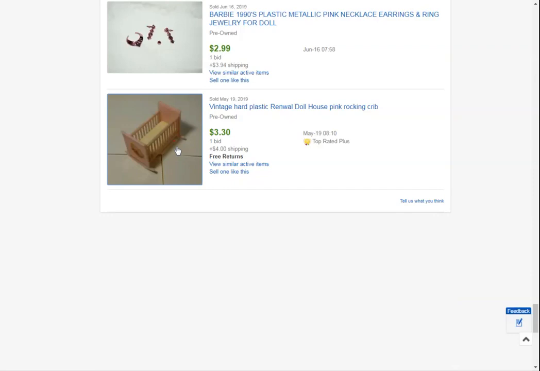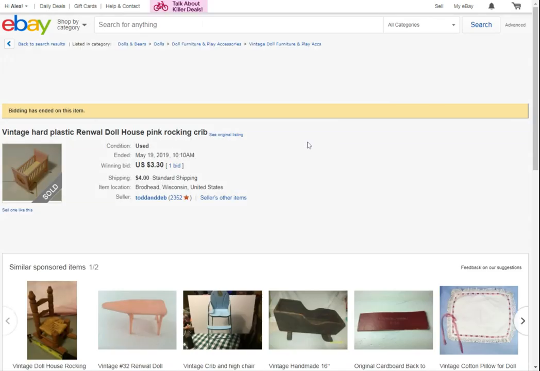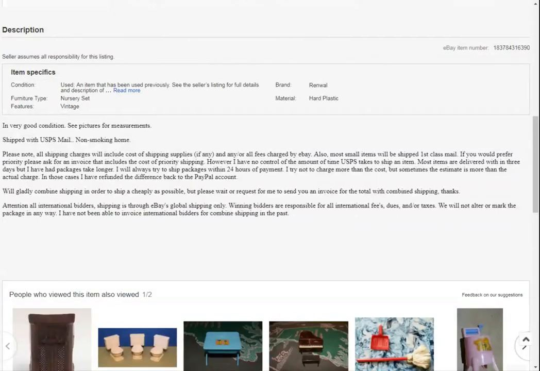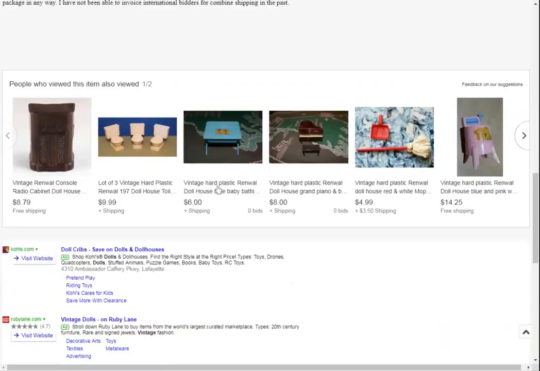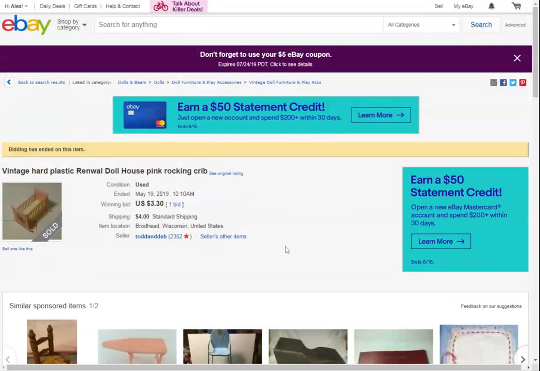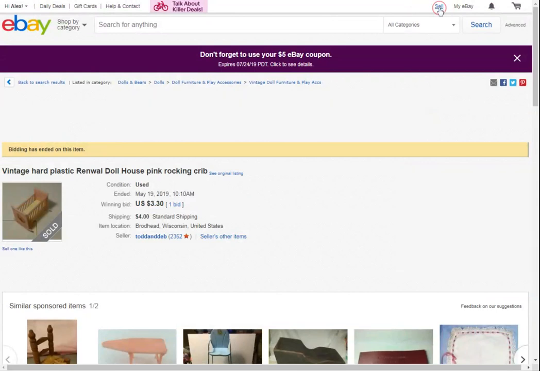If I click the item itself, I want to see what the dimensions are. I don't see right away how big it is, but the picture makes it look smaller than the one I have. So I'm thinking that for mine, I should be able to get about $10 or $12 with free shipping. So let me go ahead and start the listing. If you click the sell menu at the top,